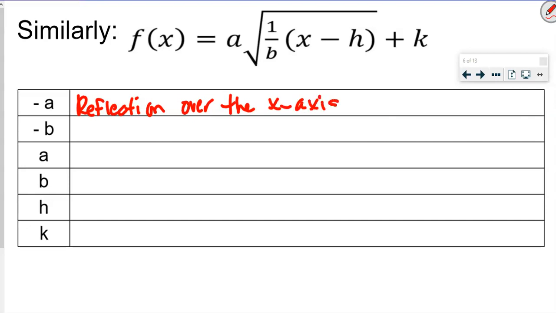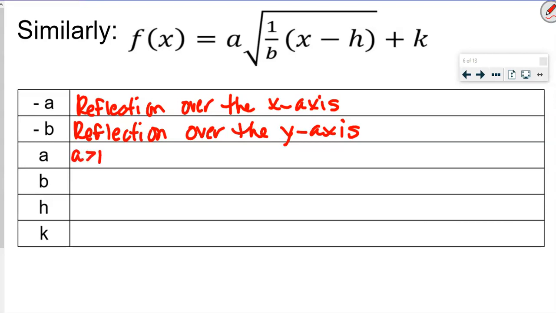Now, if we have a negative b, it's actually going to be a reflection over the y-axis. Now, remember we talked about a before, so this is going to be the same as it was before. So when a is greater than 1, it's going to be a vertical stretch by a. And if a is between 0 and 1, which means it's a fraction or a decimal again, it's going to be a vertical